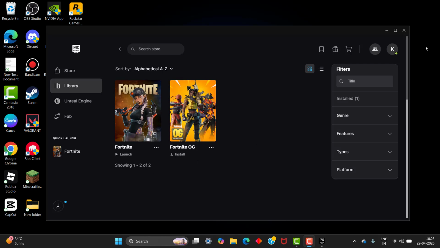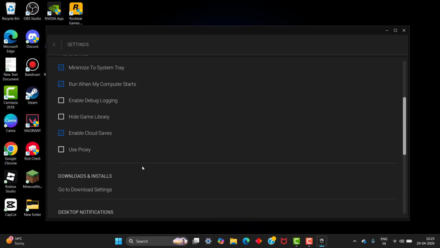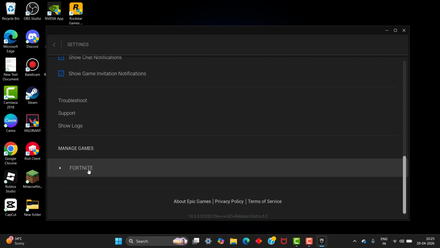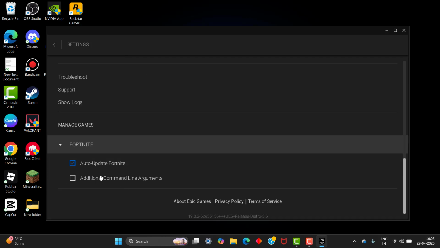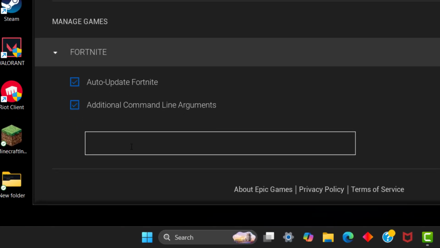In this video, to fix Fortnite crash repeater. So for this, you need to open the Epic Games Launcher and go to profile and click settings. And you scroll down and you can see Fortnite is there. Click it and click the additional command line and enter slash